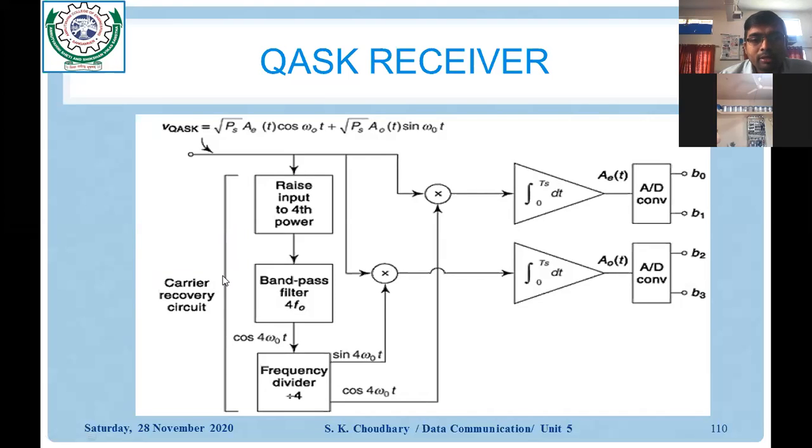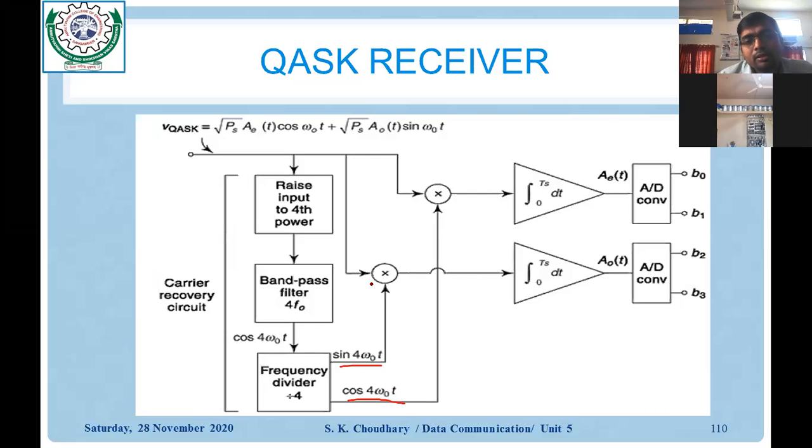First, it is applied to the carrier recovery circuit, where it would be raised to the fourth power because we have combined the 4 bits, and then it would be passed through the band pass filter having a cutoff frequency of 4f0. If the signal has a frequency greater than or less than 4f0, it would be discarded. The DC component would be discarded. So finally it would be given to the frequency divider by 4, and here we finally obtain the carrier signal, that is sin omega naught t and cos omega naught t. Okay, and this would be applied to this